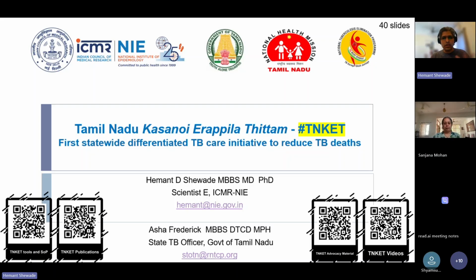Before I begin, permit me to acknowledge this is not being implemented by me. This was jointly implemented by the State TB Cell and ICMR NIE. In fact, if you ask me, this was implemented by Tamil Nadu, led by the State TB Cell. It was implemented by all the 3 key directorates of Tamil Nadu, in routine health system settings using available resources. ICMR NIE just provided lead technical support in planning, implementation, monitoring, supportive supervision, and operational research.